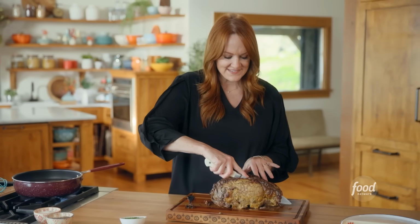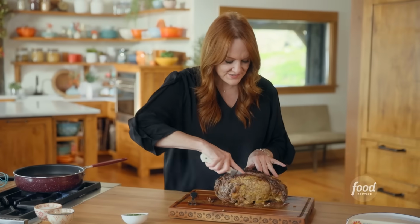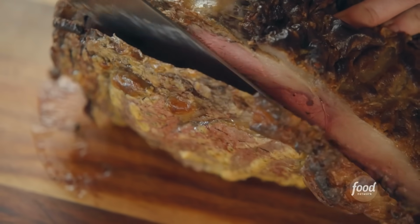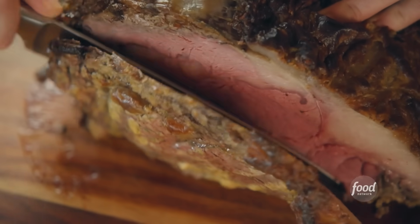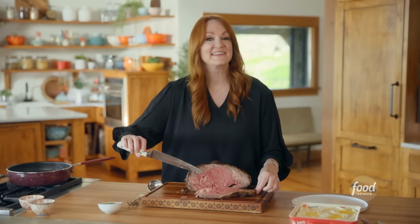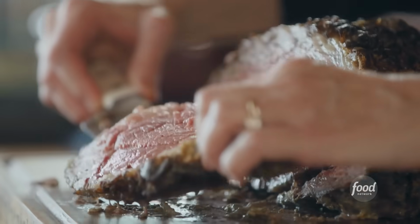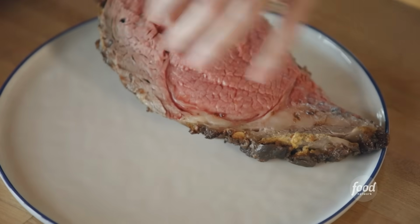All right, so this is where the magic happens. When that first piece falls and you can see how perfectly this prime rib is cooked. Look at that, it's just the perfect medium rare. Oh, that is a beautiful sight. You can go a little closer to medium if you like it less pink, but I wouldn't recommend going too